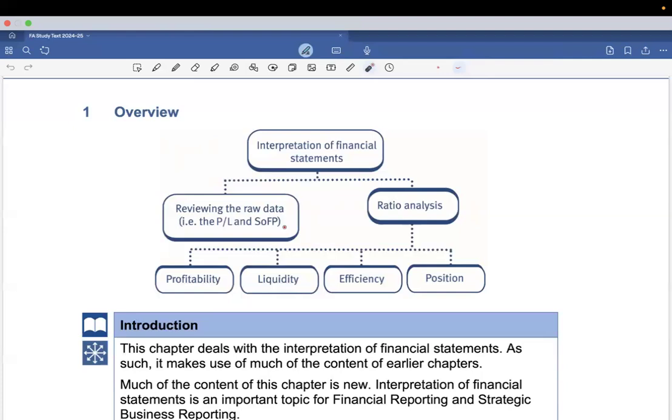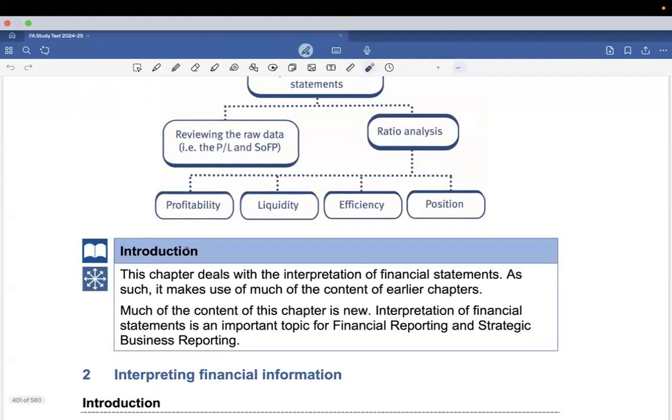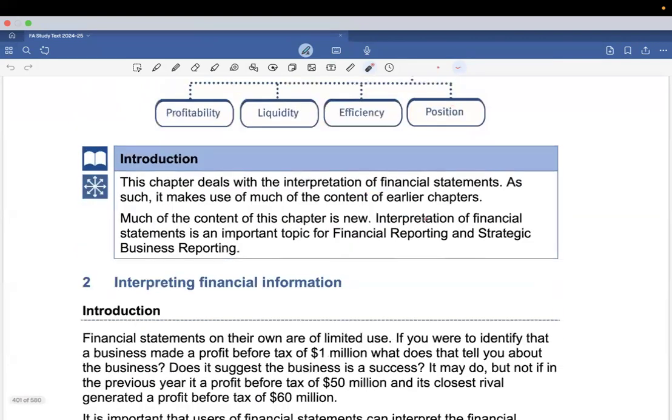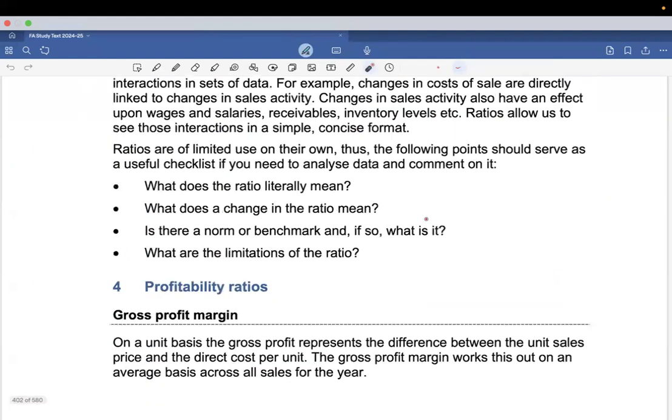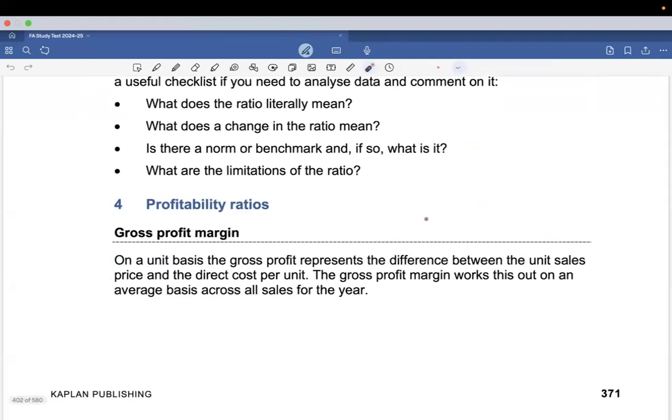So for that purpose, we have ratio analysis. Understood? So the first ratio analysis, you have four ratio analysis mainly. The first one is profitability. Second one is liquidity. Third one is efficiency. Fourth one is position. Understood? And we're going to directly jump towards the profitability ratios. So profitability ratio simply means that